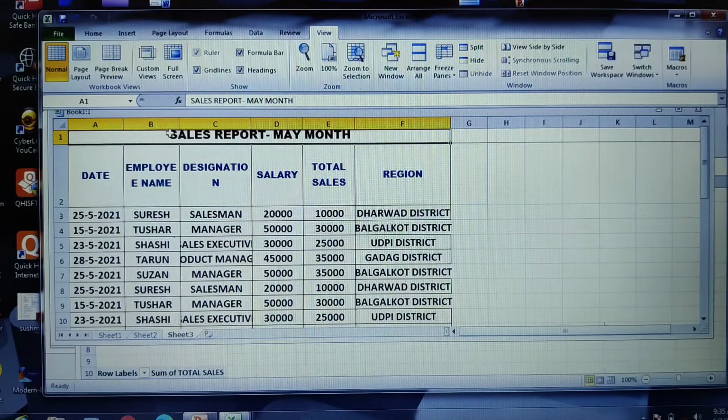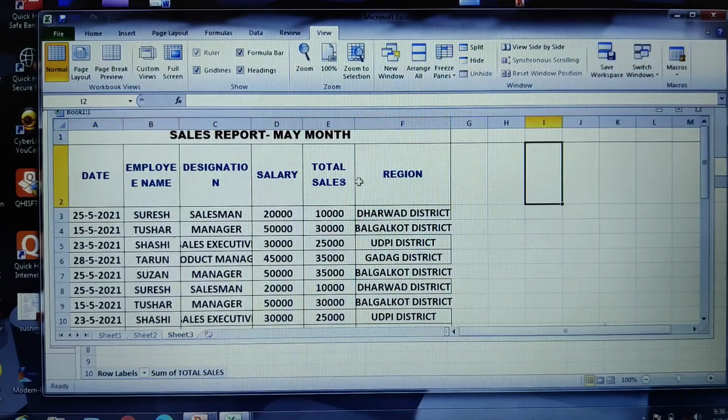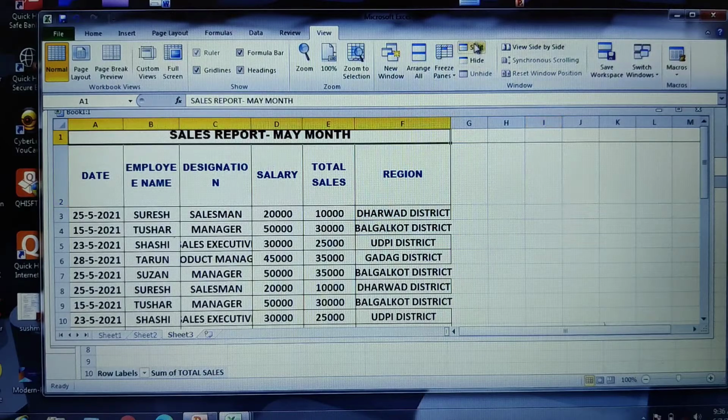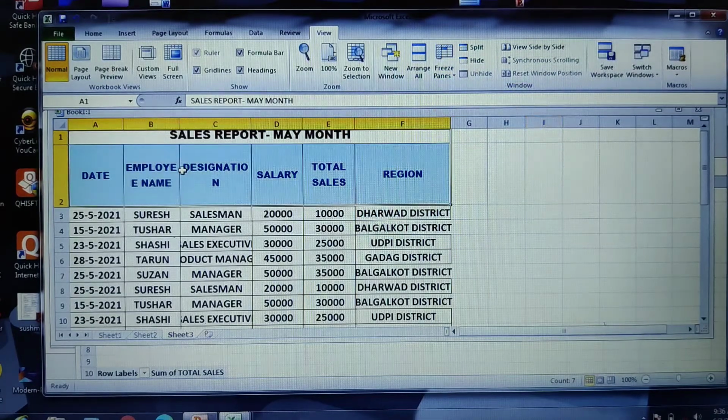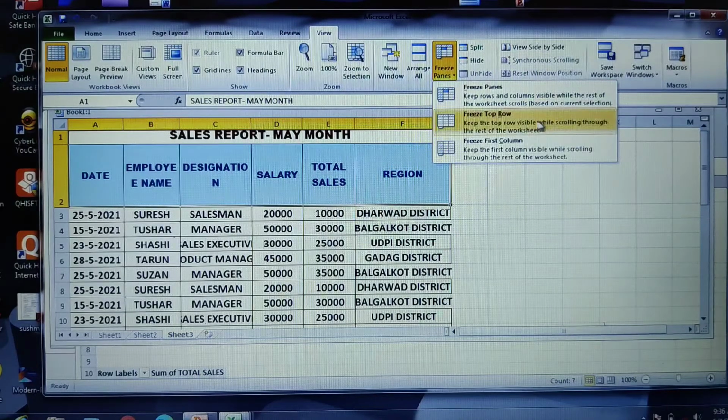What if I would like to view the sales report, and along with that I would also want to view the column headers? Then first unfreeze this. Unfreeze the pane. Now you select the range of cells, how much you would like to freeze, and then go to freeze panes. This time you have to go for freeze panes, as you have more than one row to be frozen, right?